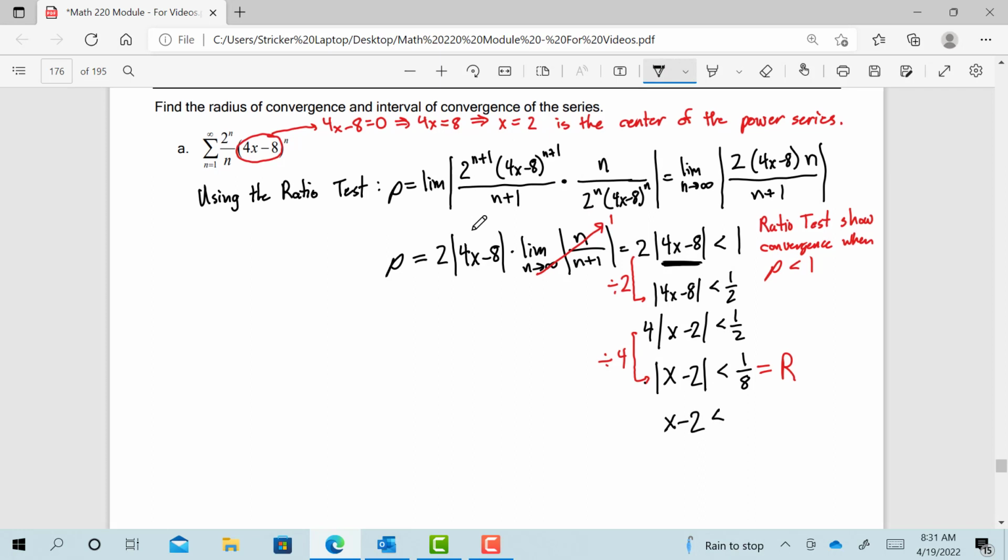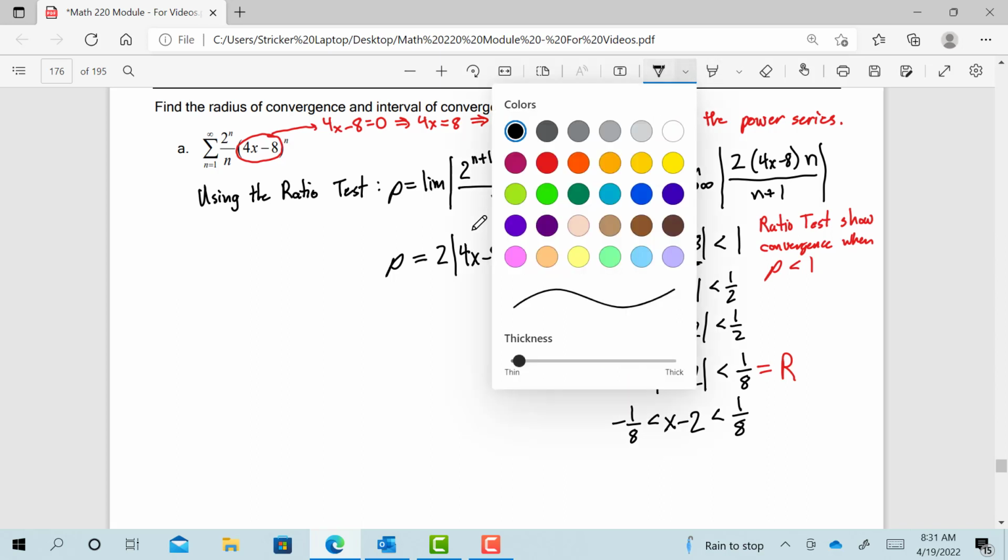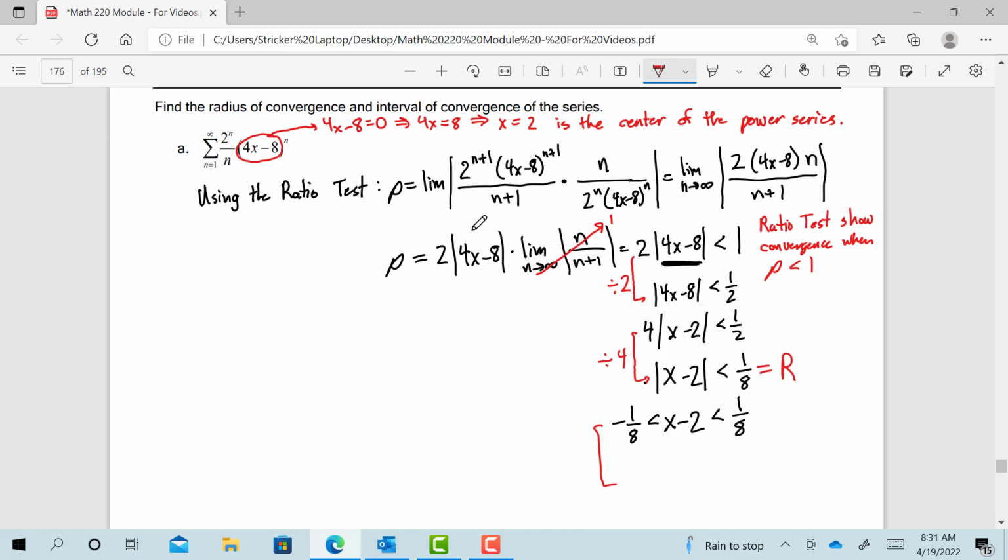So we know from algebra that this inequality can be rewritten like so. And then in order to get x by itself, we need to add 2 everywhere. So we can go ahead and add 2 to all 3 locations. When we add 2 to negative 1/8, so this is 2 minus 1/8, that's going to be 15/8. When we add 2 to the middle, we just get x. And when we add 2 to positive 1/8, we get